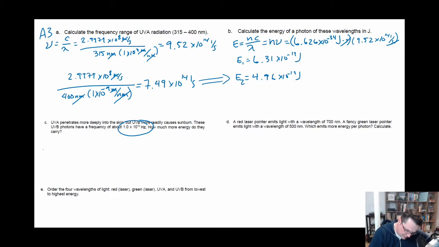To do that, E is equal to h nu. So we have 6.626 times 10 to the negative 34 joule seconds times